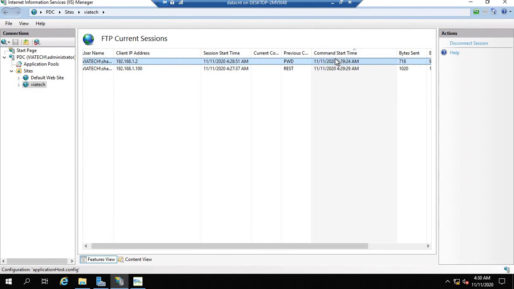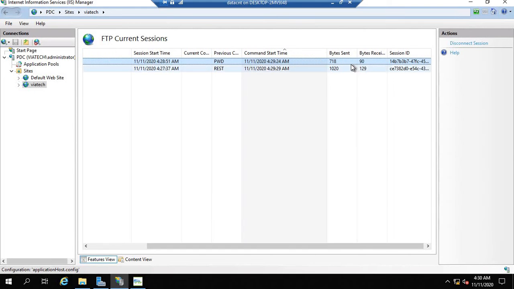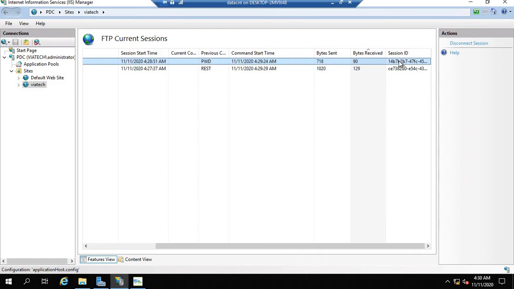Then you see the command start time, session start time, and the bytes up and down. That means bytes sent and received, what amount of bytes are being sent and what amount received. As soon as any client connects to your FTP server, one session ID is automatically generated in order to monitor all these things.